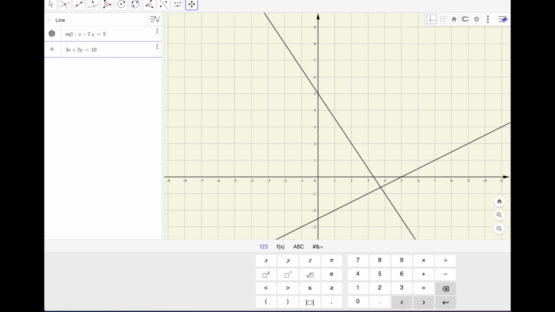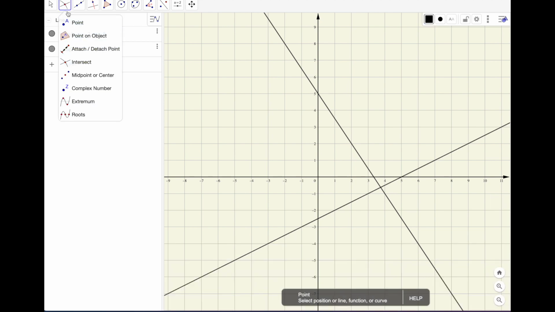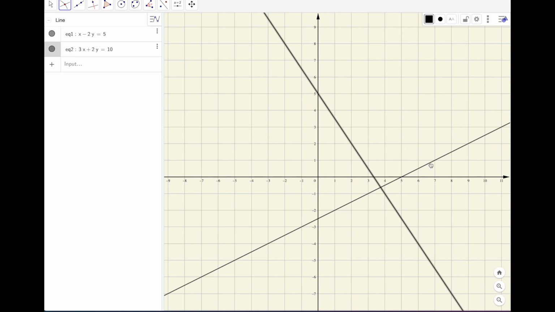So then what you need to do, there is also, if you read the book, the book is giving you the instructions how to use similar ideas on a calculator. Yes, but here I use GeoGebra. This is the intersection point, so I click on it if this is not highlighted already. And then I will click on one of them and the other one. It gives me this point, and then the x coordinate is the x value and the y coordinate is the